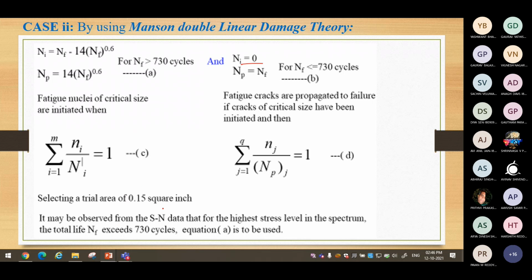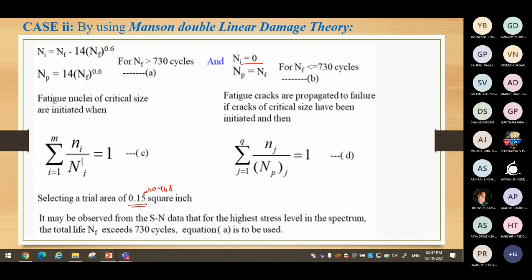Now from our previous trial, we have obtained our cross-sectional area, either 0.148 or 0.15, any one, depending on the discussion I have provided. Let us say we have considered 0.15. Let us proceed with this, apply this particular rule, and see after how many cycles the crack is going to initiate. That idea is important now.